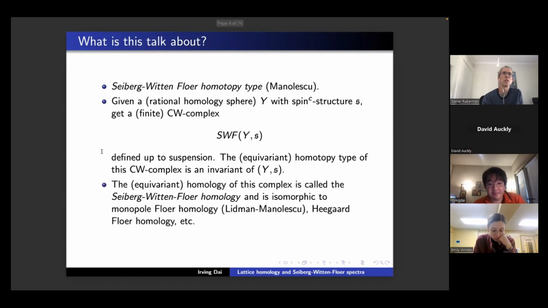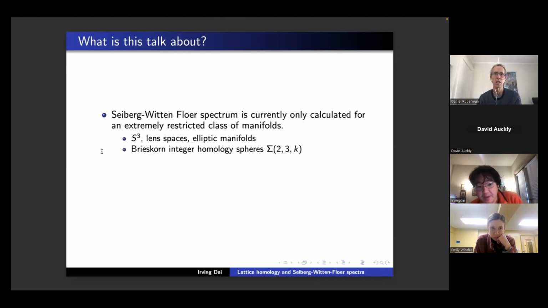And the homology of this space, or again, the equivariant homology of this space, is what's called Seiberg-Witten-Floer homology. Seiberg-Witten-Floer homology is now known to be isomorphic to monopole Floer homology or Heegaard-Floer homology, or whatever other nice Floer homology theory that probably everybody is familiar with. So what do I want to talk about in terms of the Seiberg-Witten-Floer homotopy type? The Seiberg-Witten-Floer homotopy type, or sometimes I'll say the Seiberg-Witten-Floer spectrum, is currently only known for an extremely restricted class